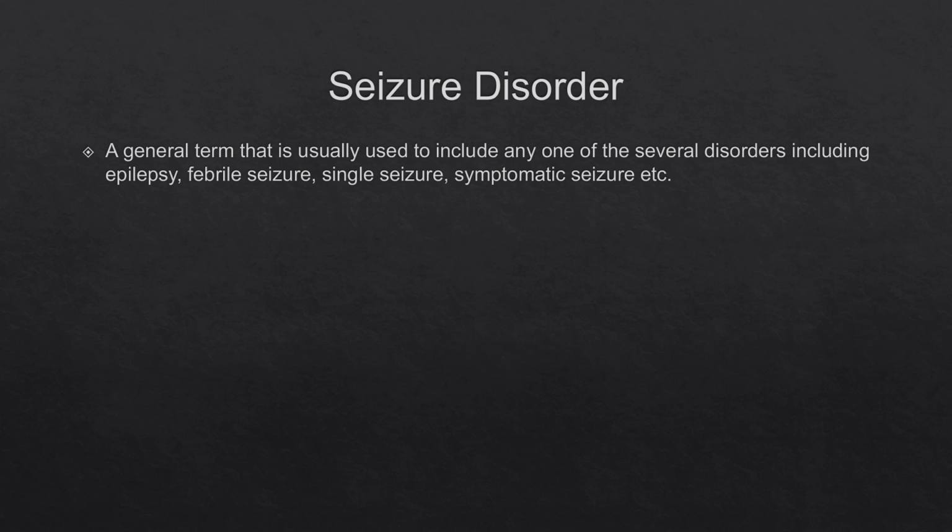So we can use seizure disorder as a general term to include all, but for any child who is coming with the complaint of seizure, if we tell that the child is having seizure disorder, that doesn't help us much. Because if it is an acute symptomatic seizure, we have to find out the cause and treat it. If it is a febrile seizure, we have to reduce the fever. If it is meningitis, we have to treat the infection. And if it is epilepsy, we have to start anti-epileptic therapy. So calling it seizure disorder doesn't help us in the diagnosis or management. Rather, we have to point out what exactly is the terminology.